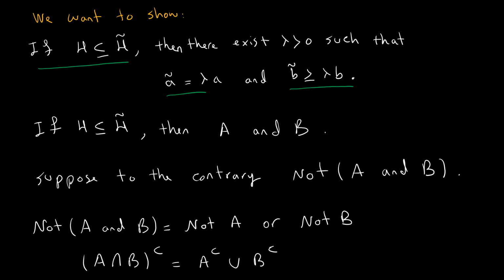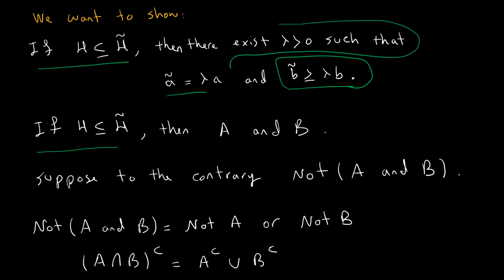I can simplify that statement as if H is contained in H tilde, then A and B, where A and B are two different conditions that we have. B is this one and A is the first one, saying that lambda greater than 0 and A tilde equals lambda A. So this implication can be shown by